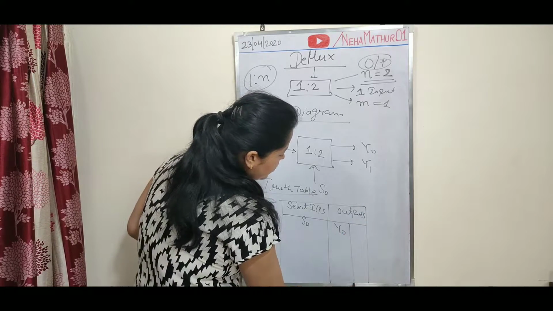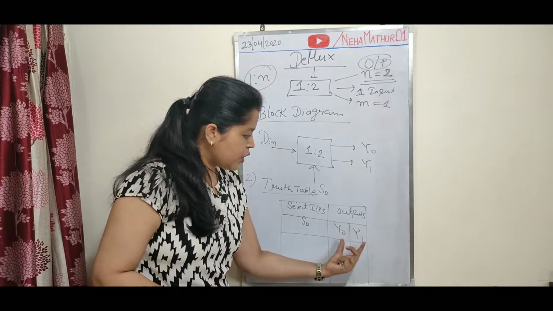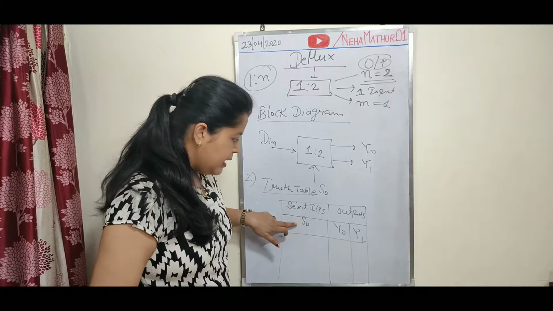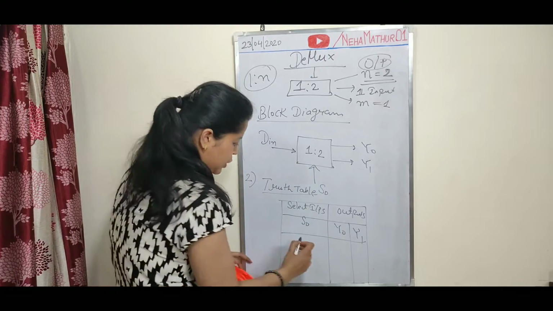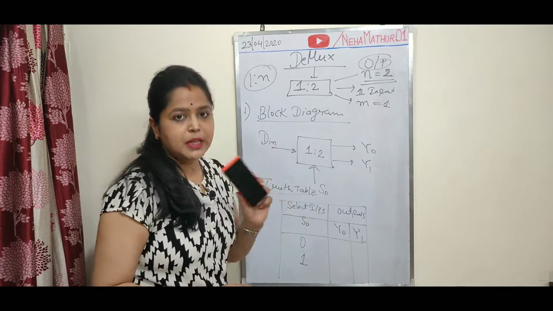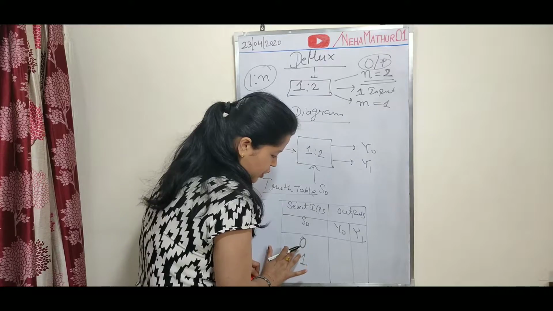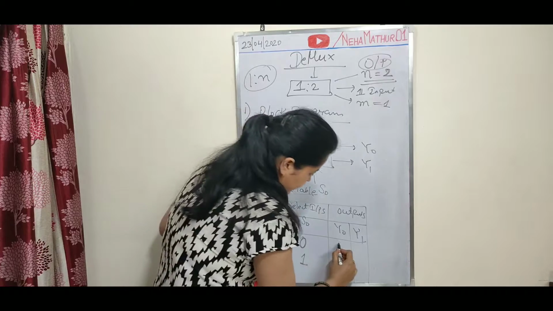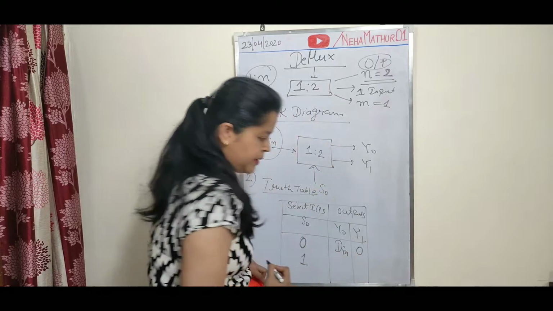Here you have 2 outputs, Y0 and Y1. Fine. Now the selection of these inputs depends on this select input, and here I have only one select input. In terms of binary variable, it may be 0 or 1. Now, as per the concept of demultiplexer, if S0 is equal to 0, then that particular input will be distributed